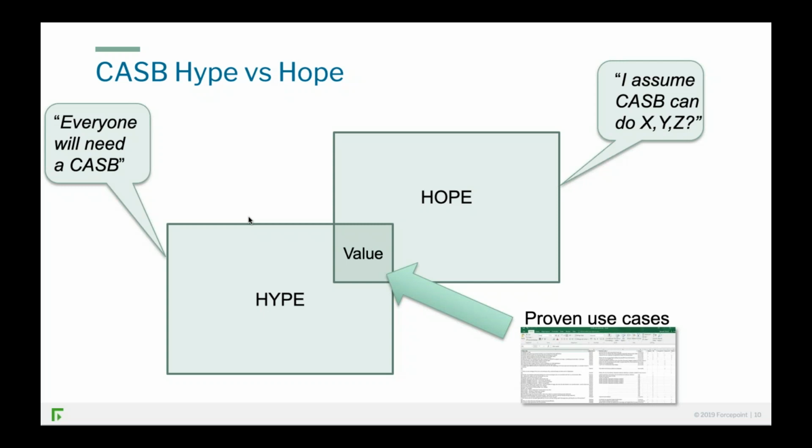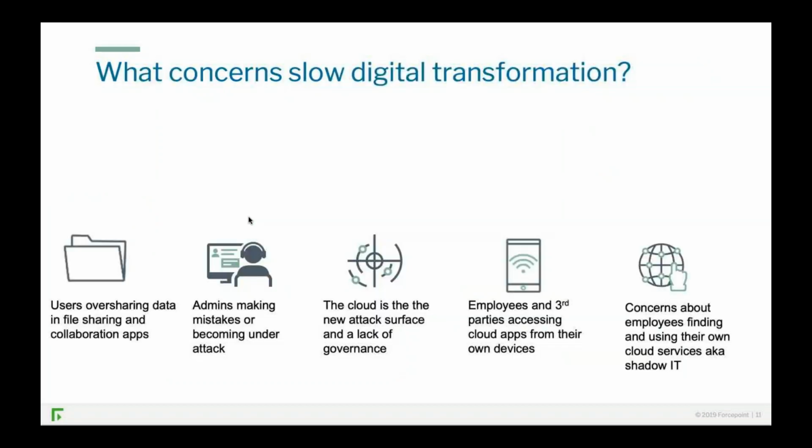People have been buying CASB because Gartner and Forrester and IDC, etc., have been telling them to, and that's produced an awful lot of unrealistic hope. And no, it won't solve all your encryption problems. It'll create a key management issue. No, it won't solve all your DevOps problems. It can help with some, but maybe other technologies are more appropriate. What we really want to do is focus on what works, what is proven to work, what our customers are using right now, and how they are using it, because that's where we find value.